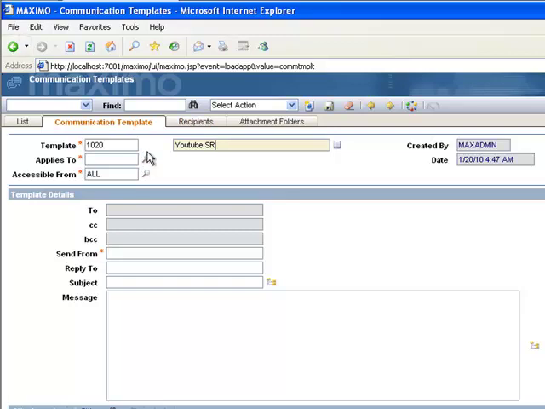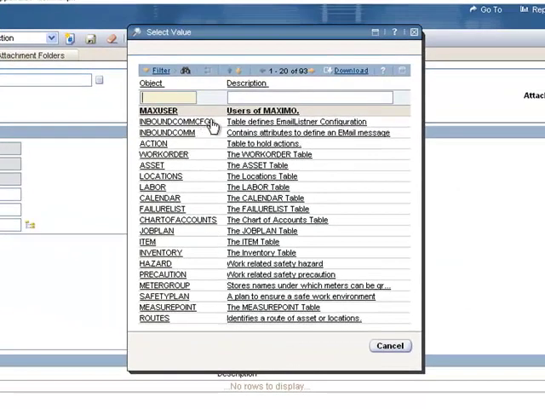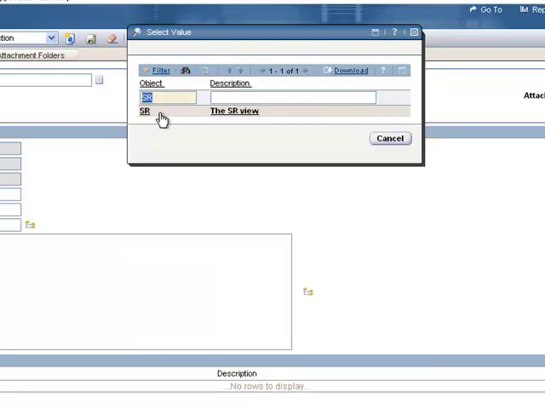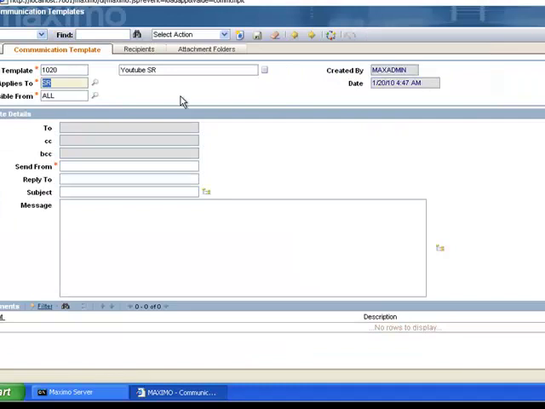Now we need to go ahead and define the MBO that it applies to. And that's going to be the Maximo business object, also called a MABO. Okay. And the accessible from